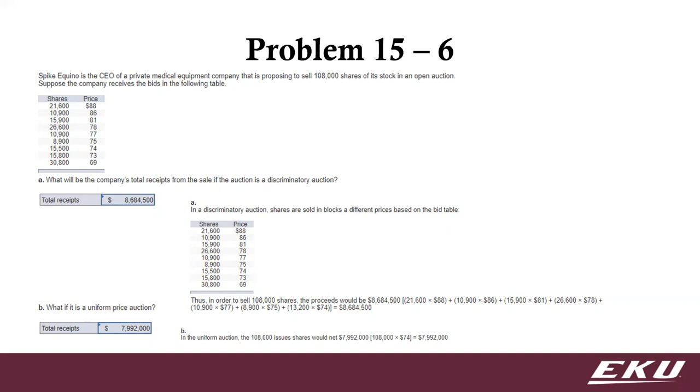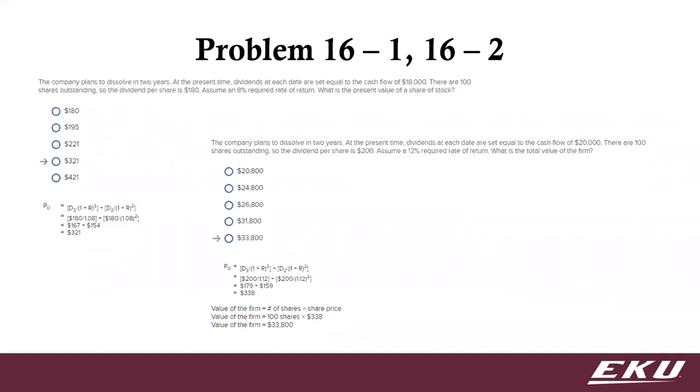All right, so we'll go ahead and move on to chapter 16. Problems 1 and 2 are just using the price that we were doing before, only this time there's a couple of different dividends. So we're going to have those discounted at one rate, and then another rate if necessary. In this case, they're actually the same rate, but we can do that for a string of dividend payments. So the price is just the present value of those 2 future cash flows.